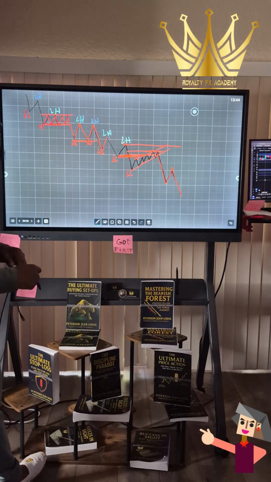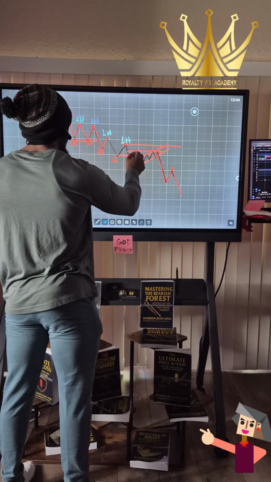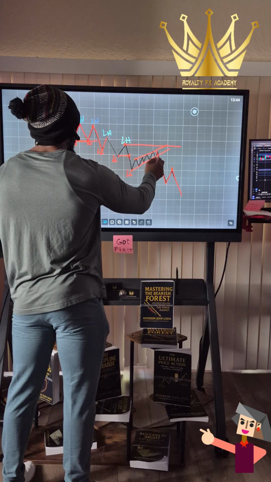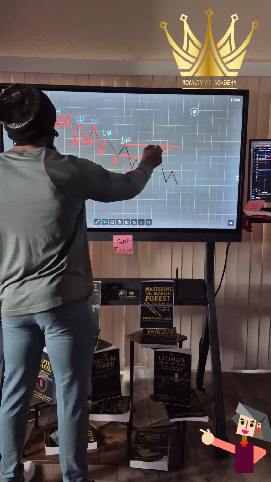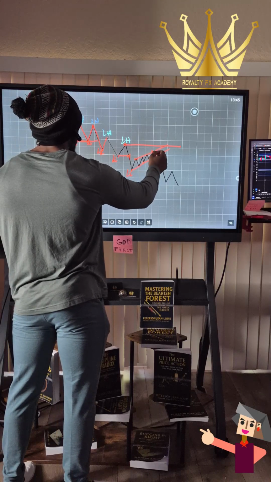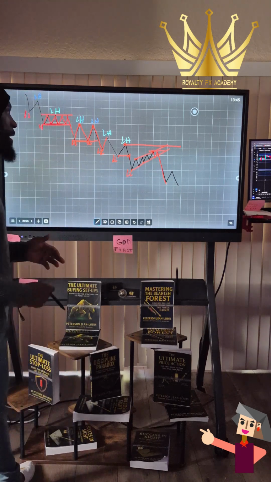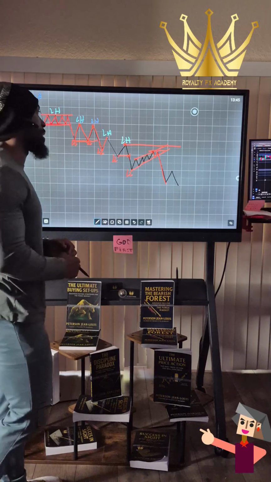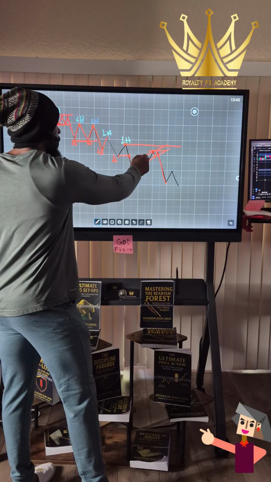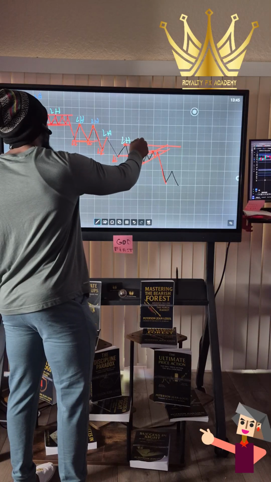Let me go ahead and clear this real quick. I'm going to keep the channel in there. As you can see, within this, we got a small double top itself. It did this, and then it fell. So again, it's just a matter of being patient and waiting for your price action. Now, let's just say, hypothetically speaking, you took a bearish engulfing within here. There's absolutely nothing wrong with that. Why? Because your stop loss is up there.